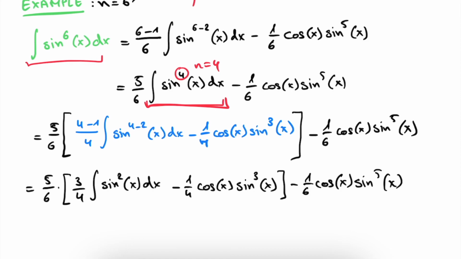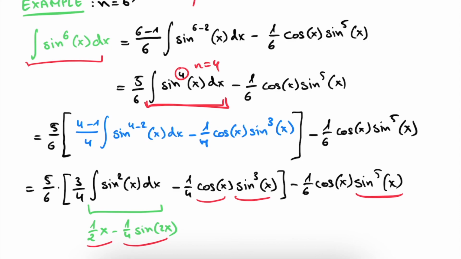And this is actually our final result, because we know from the beginning of this video that this integral is actually 1/2 times x minus 1/4 times the sine of 2x, and we get a result where we no longer have integrals. So we only have x's, sine of 2x, cosine of x, sine to the power of 3 of x, sine to the power of 5 of x, and the cosine of x. And this is exactly what we want if we want to solve an integral. So we solved the integral of sine to the power of 6 of x, and we've written it as a combination of sines and